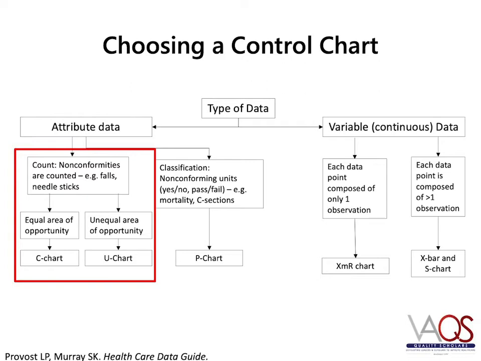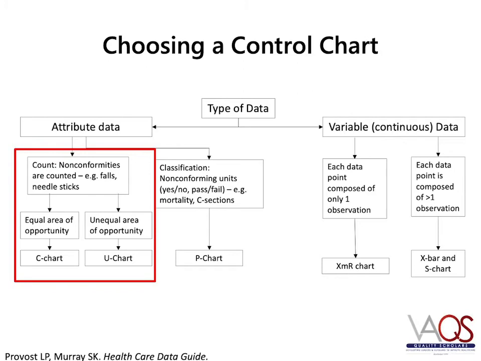The C and U charts are used when you are counting the number of events. This means that your numerator will be a frequency count. Going back to our example of colon cancer screening, your team may be interested in measuring the actual number of colon cancer screenings completed by your facility rather than the percentage of patients who receive the screening. In this case, you would use a C chart or a U chart to analyze your data.